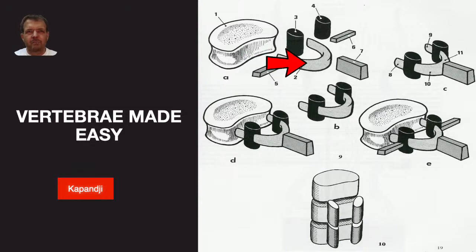So number 2 there, that's your lamina. Okay, but then you've got specific bits on the lamina, so 8 and 9 there, that will attach onto the back of the body. 8 and 9 will be your pedicles, okay, so those are the little feet coming off of the body. Then you've got your facet joints, superior and inferior facet in between the two, and then transverse process,